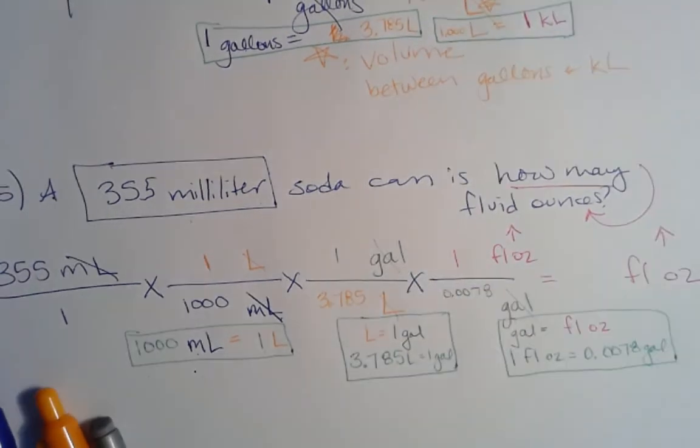Again, I did not mean to line this up in that way, but fine. Multiply all the stuff on the top. 355 times 1 times 1 times 1 times 1 times 1 is still 355. Multiply all the stuff on the bottom. 1 times 1,000 times 3.785 times 0.0078